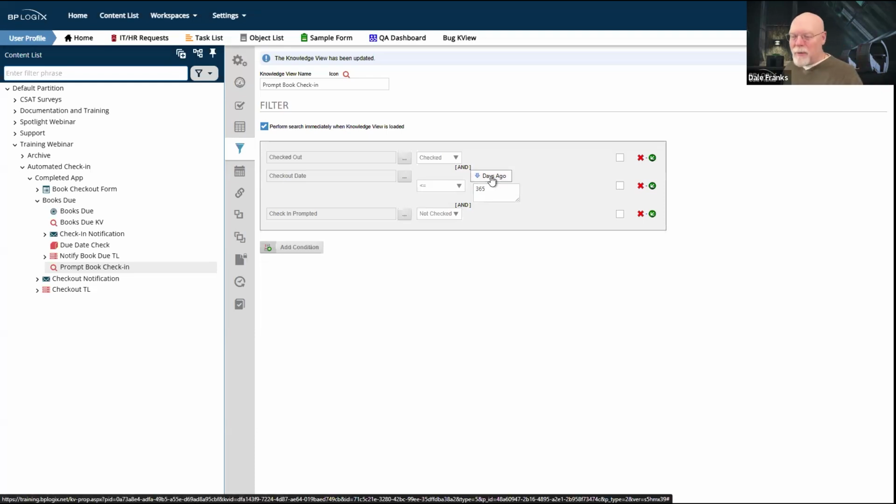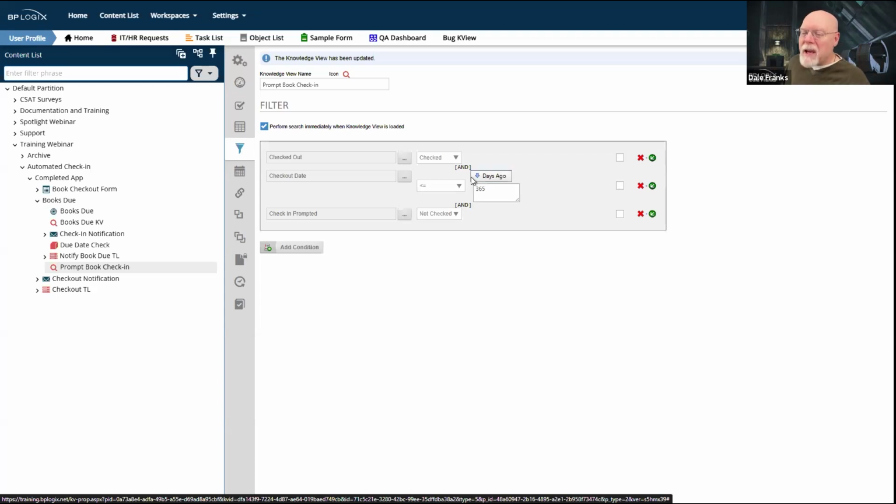Days ago is where I think it all comes crashing down. Days ago is a system variable. Days ago is a formatter for a system variable, and what it returns is the date, whatever it might have been, 365 days ago.